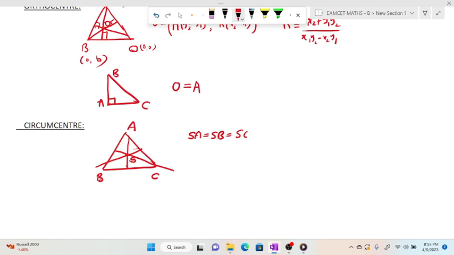Suppose vertex A is (A, 0), vertex B is (0, B), and this is the origin. I am taking two vertices as (0, 0). Suppose these three vertices are given, for example (0, 0), (1, 0), (0, 3). These type of vertices are given. In this case, apply this formula. The circumcenter of the triangle S is equal to the formula